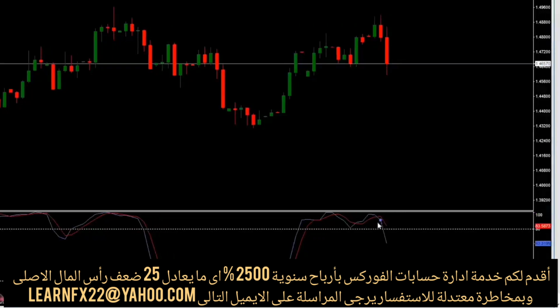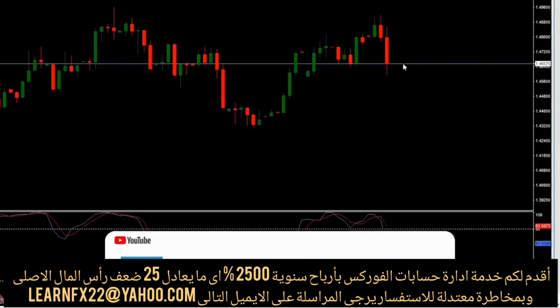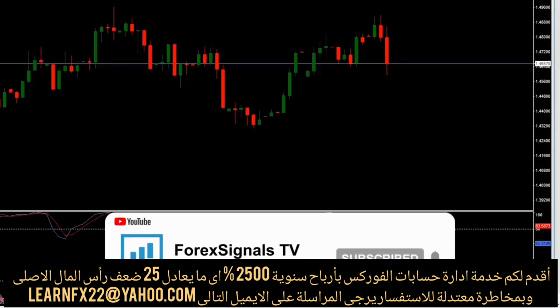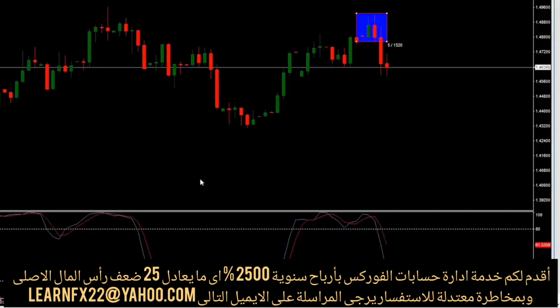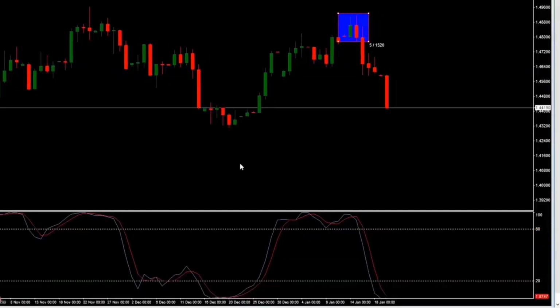Now you see we've broken through the 80, the overbought area. We've also broken through the signal line with this candle here. Quite like this one here because this one does have some price action as well. Price action that we teach. You've got a bearish engulfer there at the top, and we're also seeing the stochastic taking us lower, which basically leads us to a nice trend to